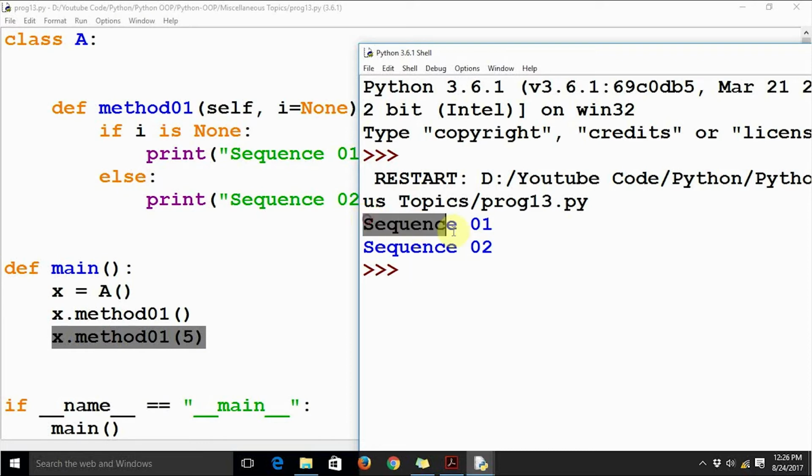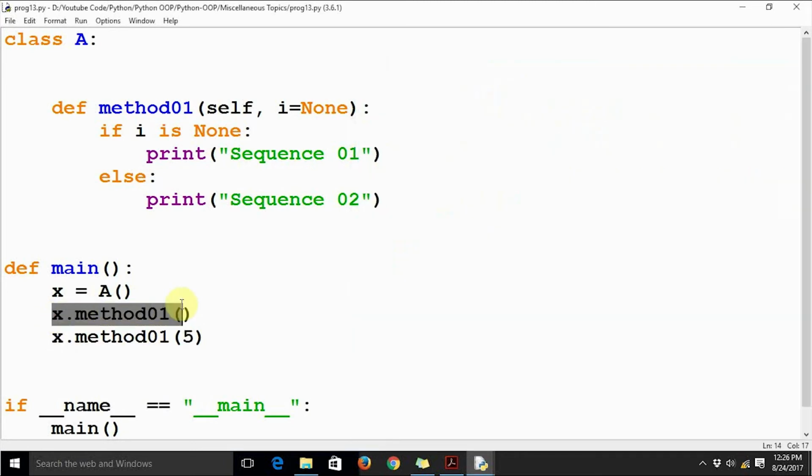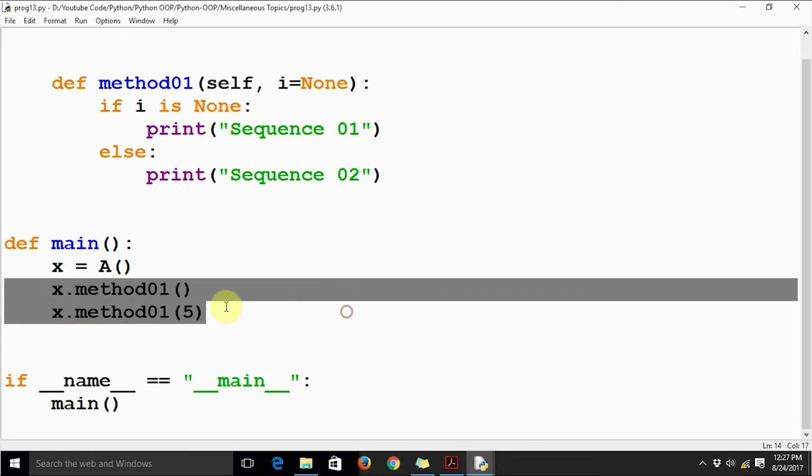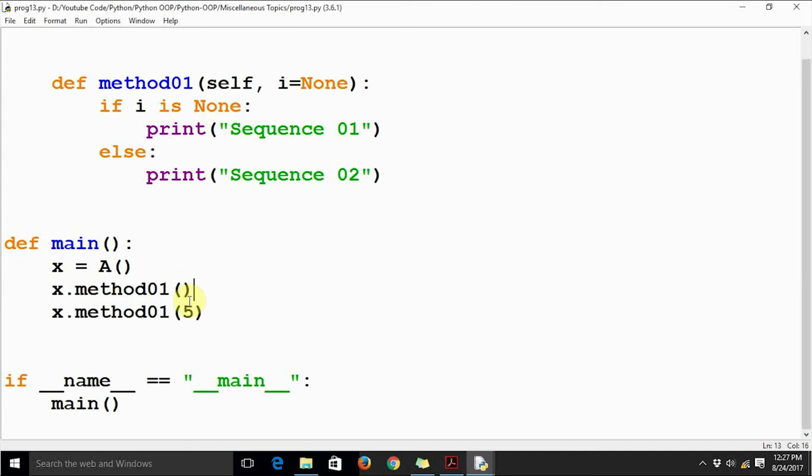The first method call produces the output sequence 01, and the second method call produces the output sequence 02. In the first method call, I am not passing any argument at all. In the second method call, I am passing an argument which is the integer 5.